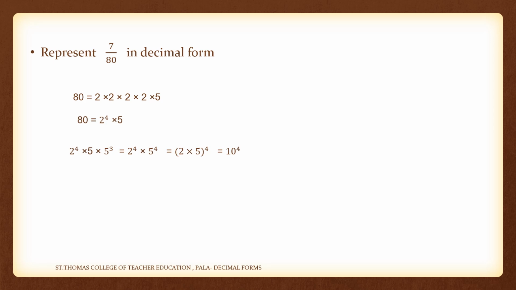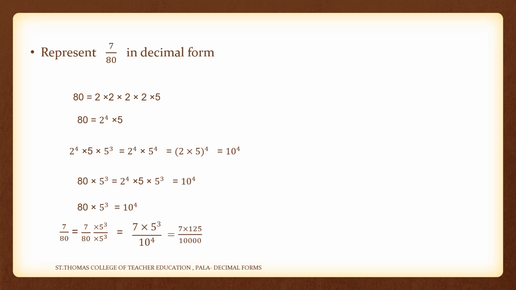Yes, converting 2 raised to 4 into 5 into a power of 10. So for that, here we multiply with, yes, 5 cube or 5 raised to 3. And the same step follows. So in order to convert denominator 80 into a power of 10, we must multiply with 5 raised to 3 so that we get 10 raised to 4. So 8 into 5 raised to 3 becomes 10 raised to 4. So the decimal form of 7 by 80 can be obtained by multiplying numerator and denominator by 5 raised to 3. And we get 7 into 5 raised to 3 by 10 raised to 4,